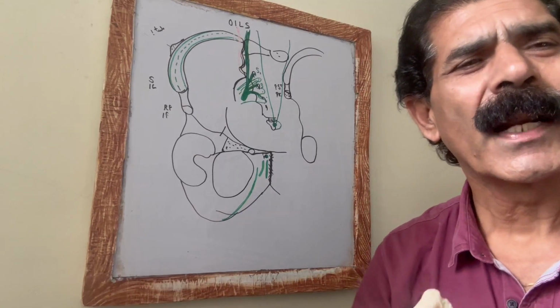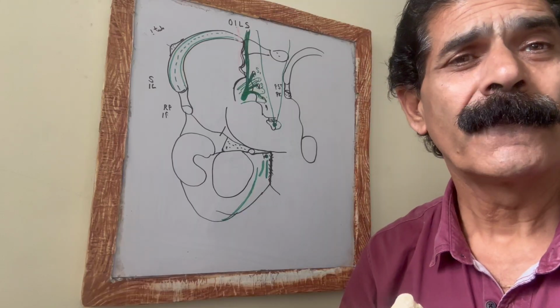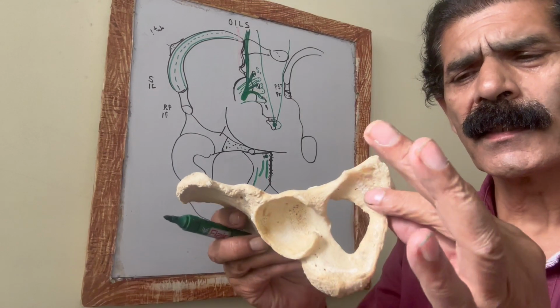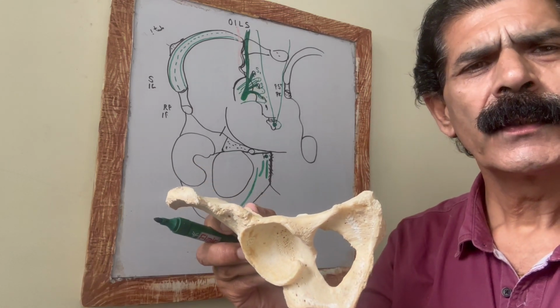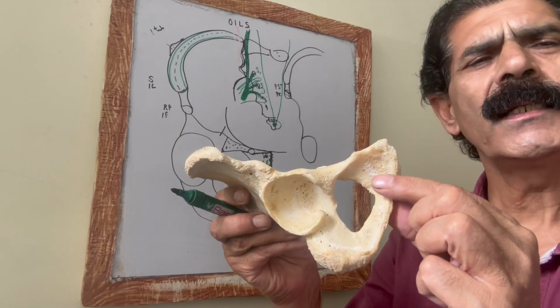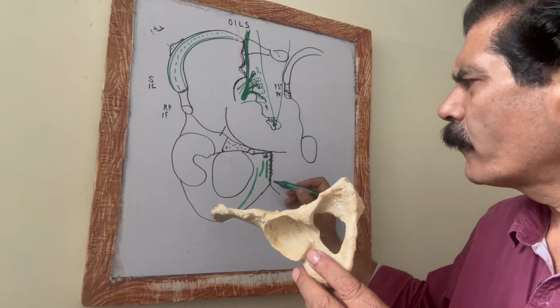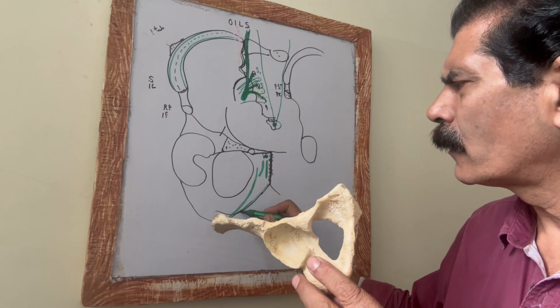Longus means long, brevis means brief, so adductor brevis, and magnus means magnified. So this is how we do this. Now the inferior ramus of the pubis bone meets with the superior ramus of the ischium. Both combine here to form the ischiopubic ramus. From the outer lip of the ischiopubic ramus is the attachment, the origin